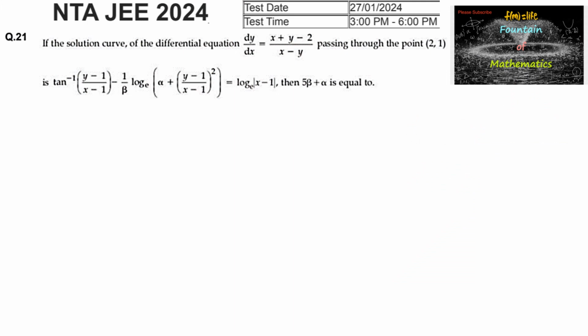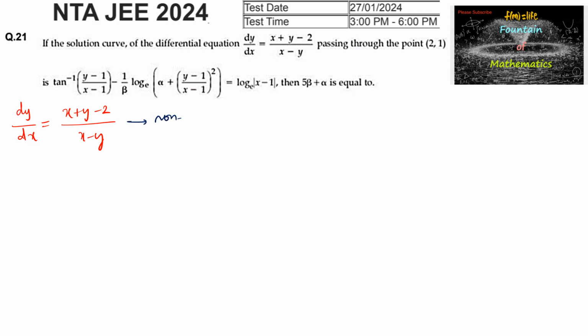If the solution curve of the differential equation dy by dx is equal to x plus y minus 2 upon x minus y, which is passing through 2 comma 1, is given by tan inverse of (y minus 1) by (x minus 1) minus 1 upon beta log of alpha plus ((y minus 1) by (x minus 1)) whole square is equal to log mod of x minus 1, then 5 times beta plus alpha is equal to,